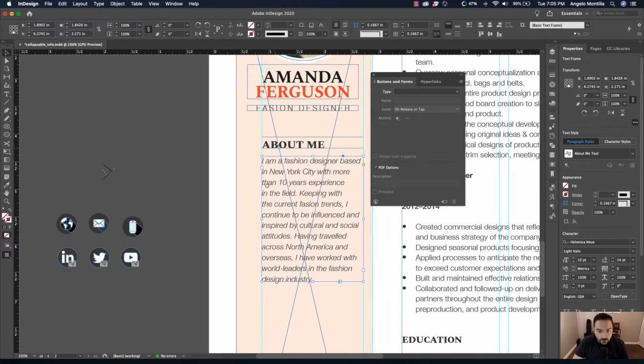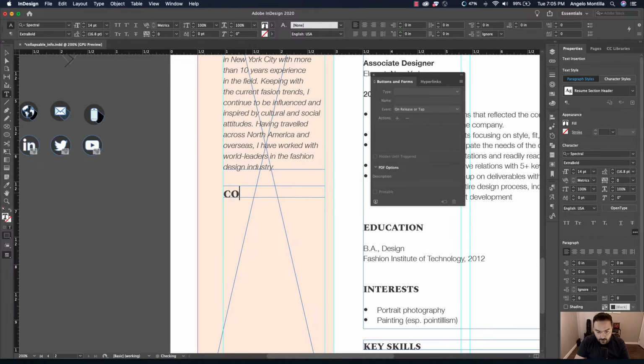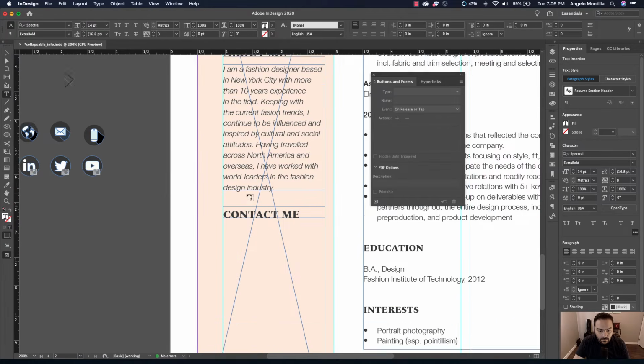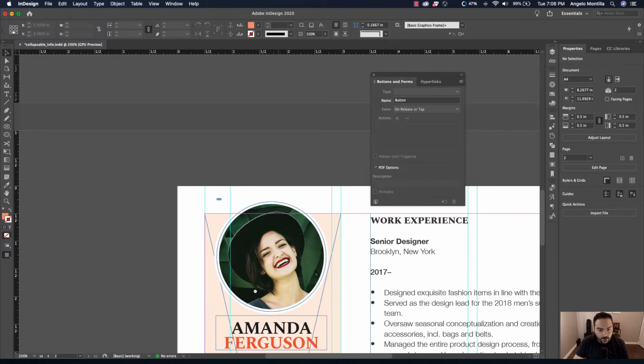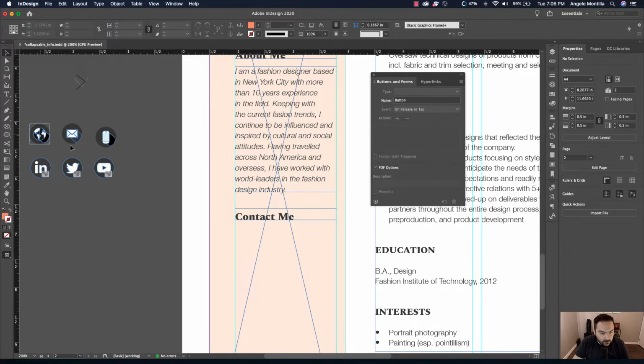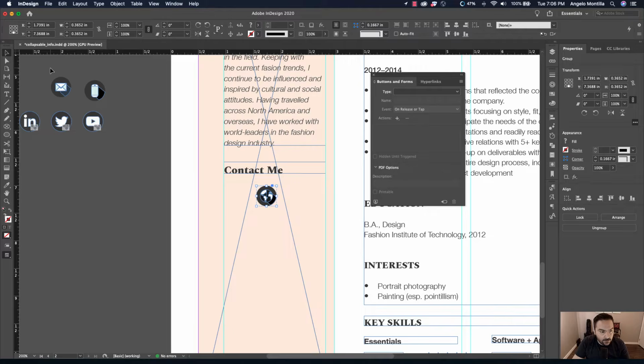Okay, let's go ahead. I'm just gonna copy this one and drag out another copy, just so I don't have to recreate it. And this one's gonna be called Contact Me. Actually, I'm not doing it all upper, so I'm just gonna say Contact Me, and this will be About Me. And I have 3 icons here. One will be, I'm just gonna center this to everything. One will be, I'm gonna bring that to the front.